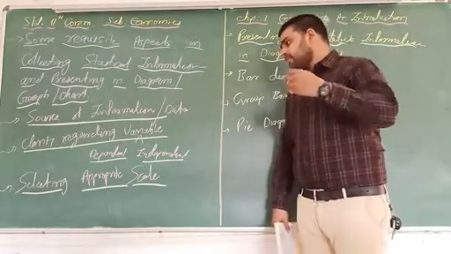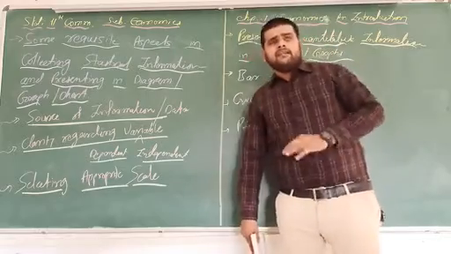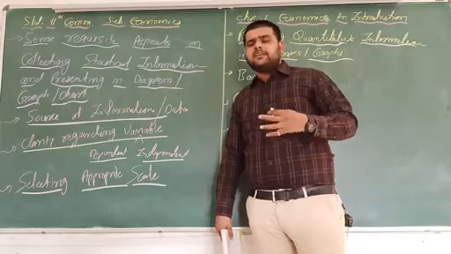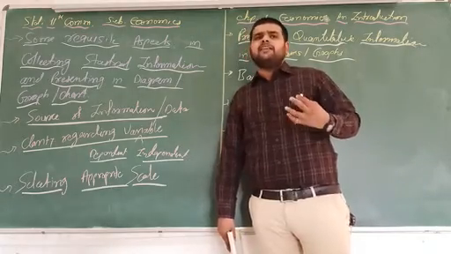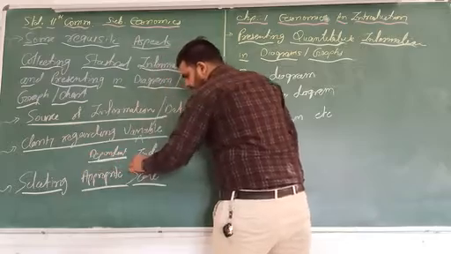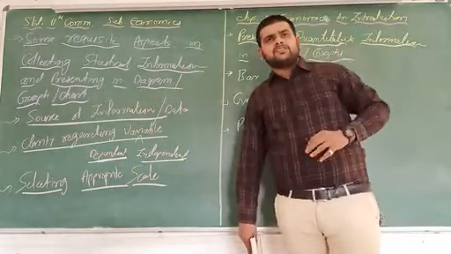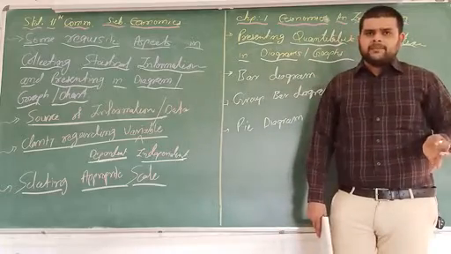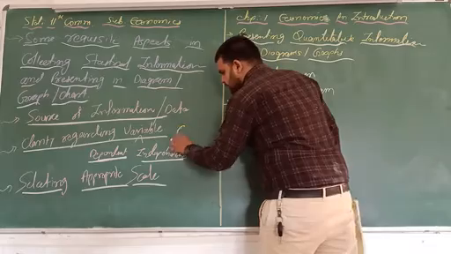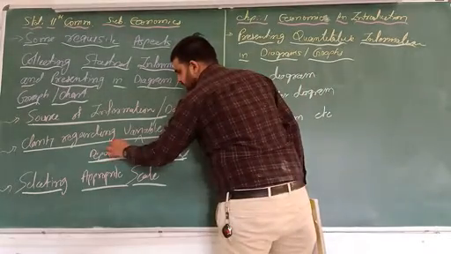Second point, clarity regarding the variable. Whatever occurs in our routine life, whatever research we have to do, 2 types of data are there. Number 1, dependent, and second, independent. It means that last time we discussed cause and effect relationship. The independent data is the cause, and the dependent data is the effect.